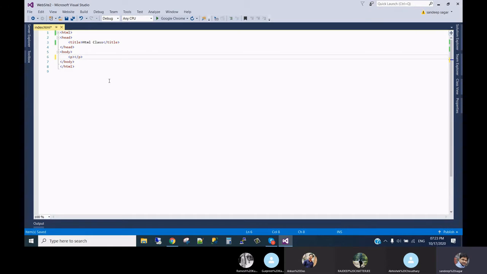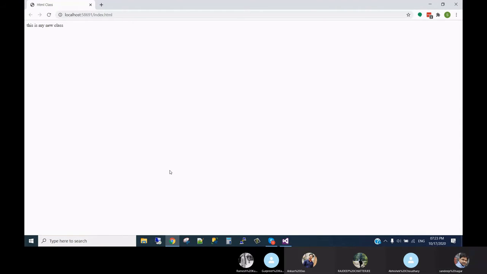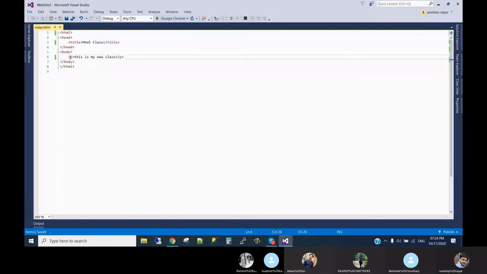So if I write the same thing here, this is my new, it will display the same, no change. But we should use a paragraph, because we may need some text below, some text right in the website. When we design a website, there are different sections where we write some text, where we give some images. If we use tags in a proper way, then the website looks good, and we can also design it properly. So this is a paragraph tag. We can write multiple paragraph tags, no problem.